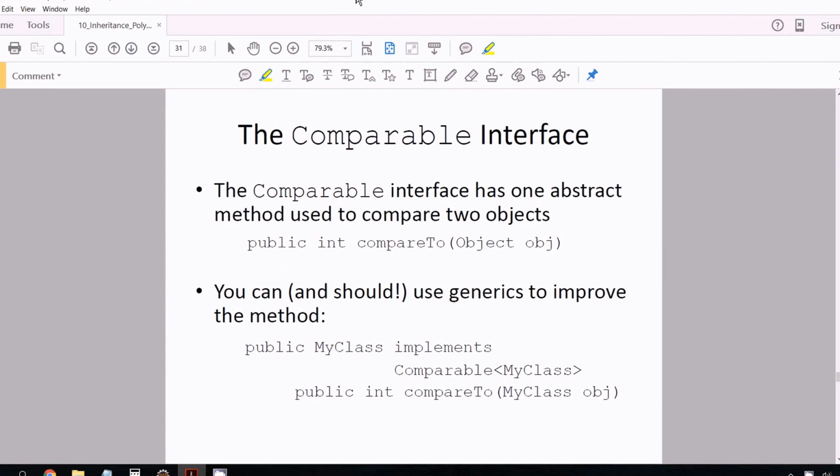So again, there's one method in this interface, and it's called public int compareTo. And just like the equals method, it takes in one parameter of type object. So this is the method header. Now, there is one change you can make to the Comparable